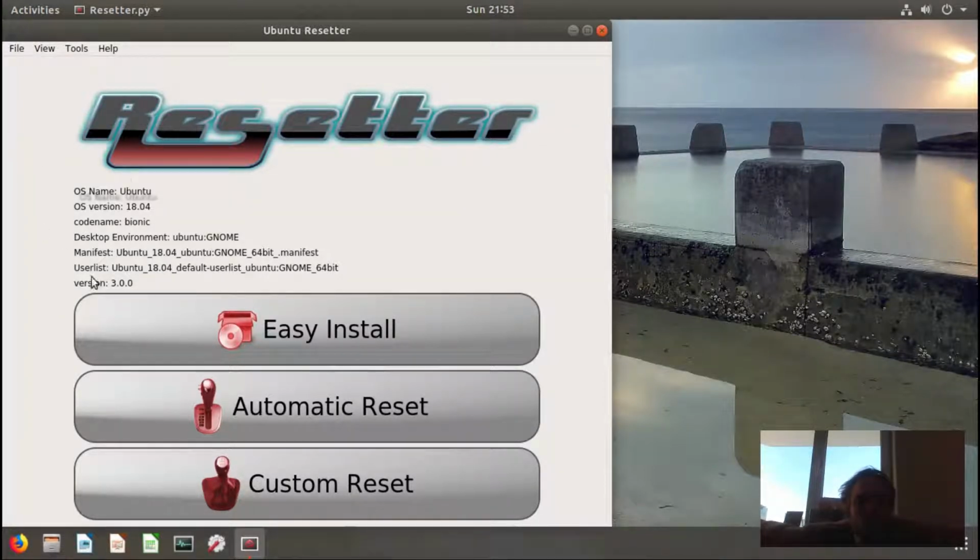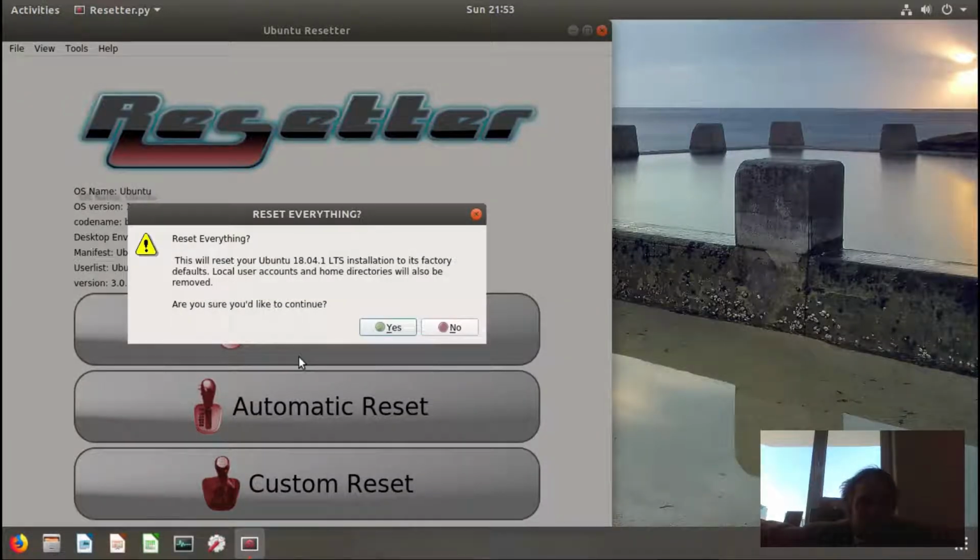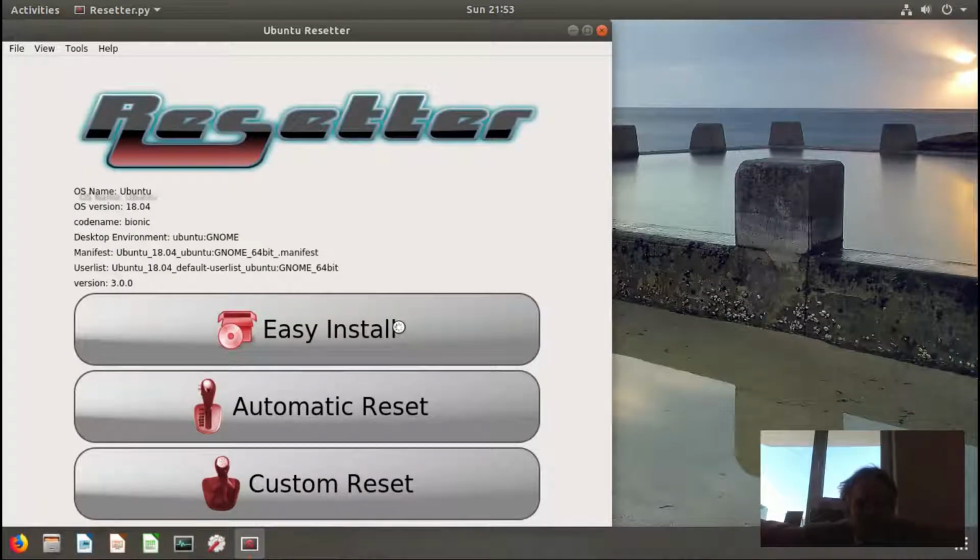But because we already have it, and in Ubuntu 18.04 it works out of the box, it's fantastic. So now reset everything. This will reset Ubuntu 18.04 to its factory defaults. Local user accounts and home directories will also be removed. Sure, because we want to do a factory reset, yes.